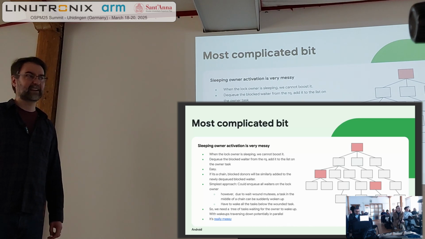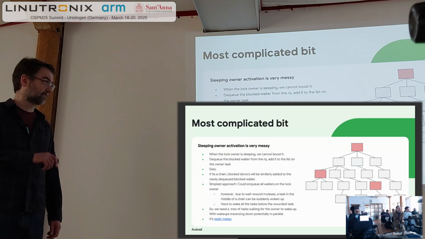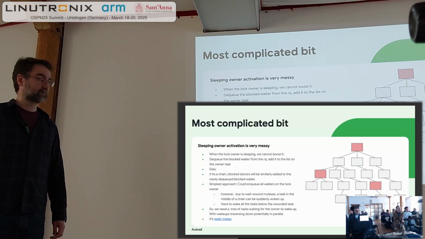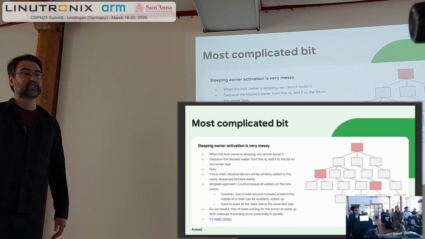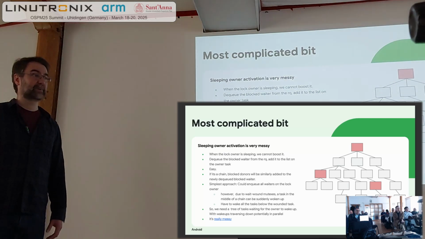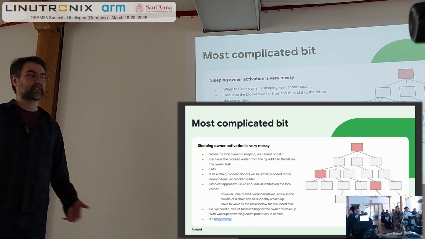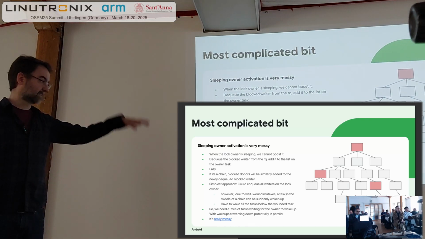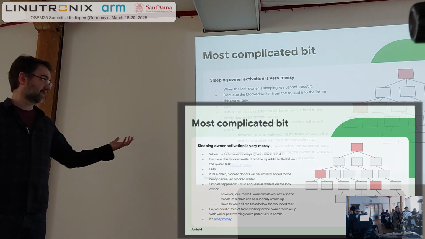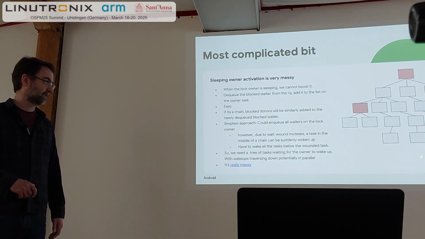I will try to evaluate that. I feel like the early version of this did have just a single list on the task, and I was running into a ton of bugs, especially as soon as I started working with tests on the wait-wound mutex. Having this approach has been able to resolve those bugs, but looking at the code, it is messy. And one of the issues we have is that every time we do this wake up,